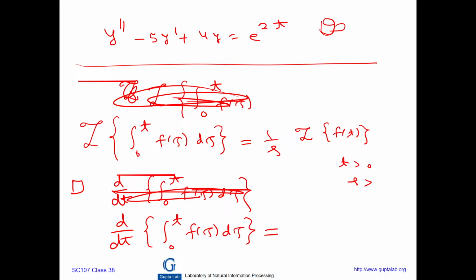Can anyone tell me what this value is? f of t, correct? Do you remember some calculus? So if I call this expression phi of t, some function of t, then I can use this. That means the Laplace transformation of f of t